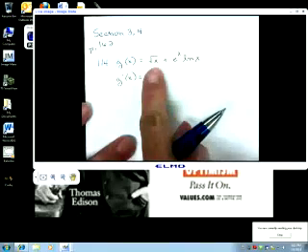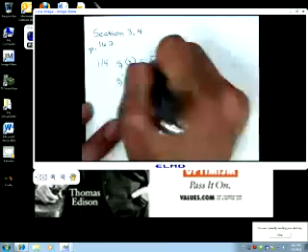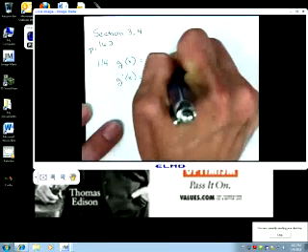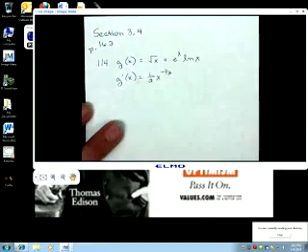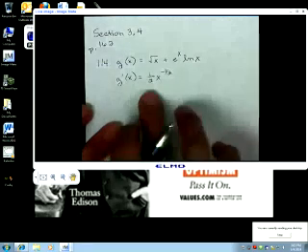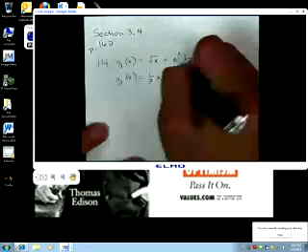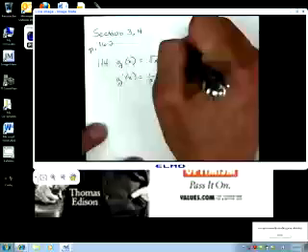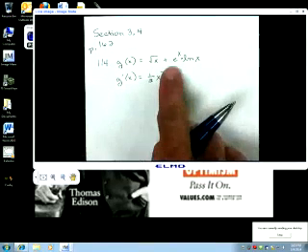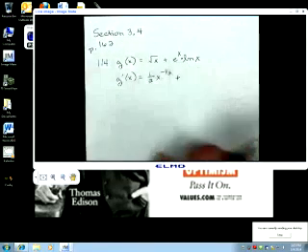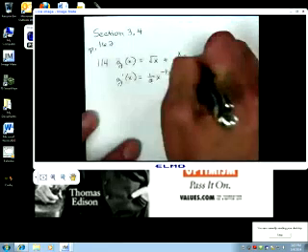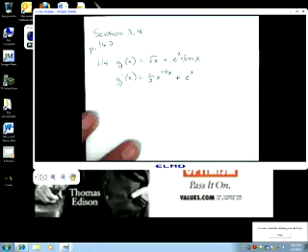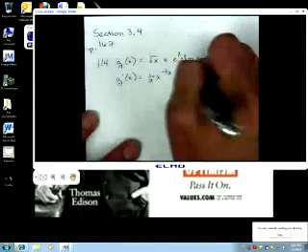But still, I'm going to find the first derivative. The derivative of x to the 1/2 is 1/2 x to the -1/2. Then the derivative of x is just 1, so I don't have to write that. That's the derivative of the first term. The second term is going to take the product rule, because e to the x is not just a constant, natural log of x is not just a constant. So I need the first factor times the derivative of the second, which is 1 over x,